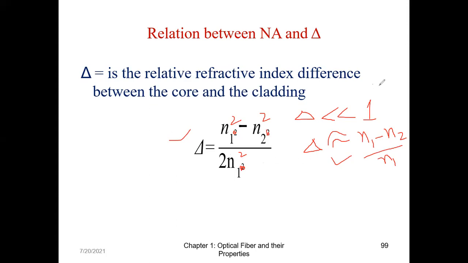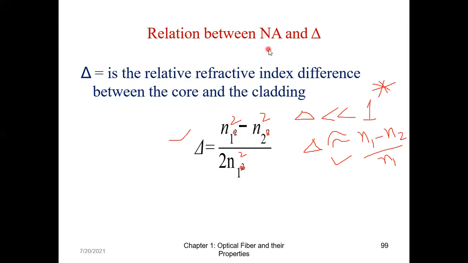Please remember the difference will not be great in the numerical value. In the decimal place it might change, but this small variation can have a major implication in actual practical implementation. So this is one definition. What is relative refractive index difference? The symbol is delta and the formula is (N1 square minus N2 square) upon 2N1 square.